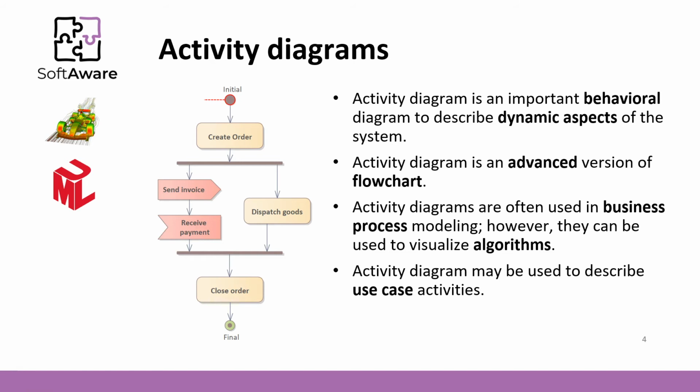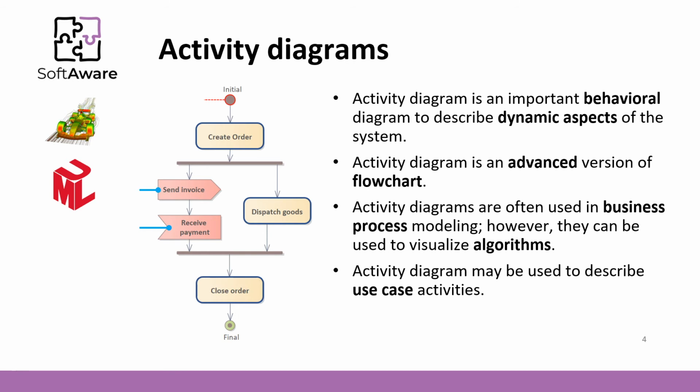Every activity diagram starts with a filled circle, which indicates the starting point of the diagram. The element shown as a rounded rectangle denotes an activity, which indicates the activities that make up a modeled process. The next element here is called a synchronization line. You can use it to fork a single activity flow into concurrent activities. In this example, after creating an order, we dispatch goods and at the same time we send the invoice.